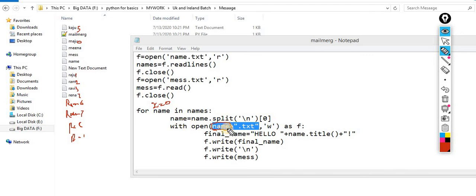This is nothing. This is a variable which contains the name. This new variable is not a file name. It's a variable name. Now, when it is concatenated, it becomes a file name. Let's suppose the name contains Ram, then the file becomes ram.txt. After processing Ram, the next name is Reena, then the file becomes Reena.